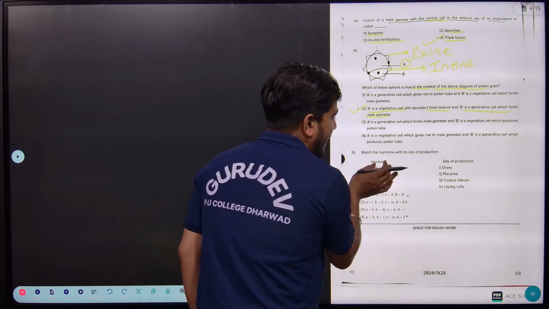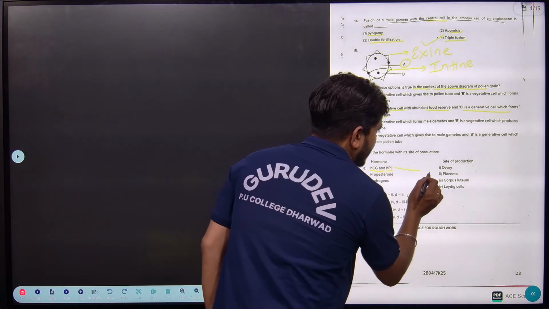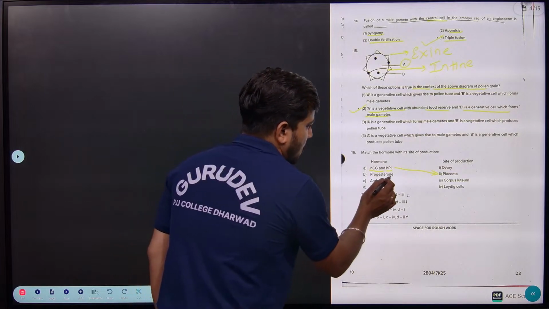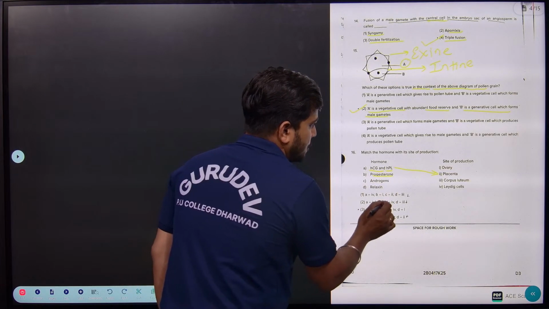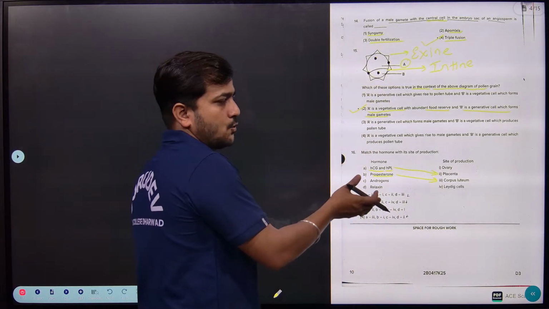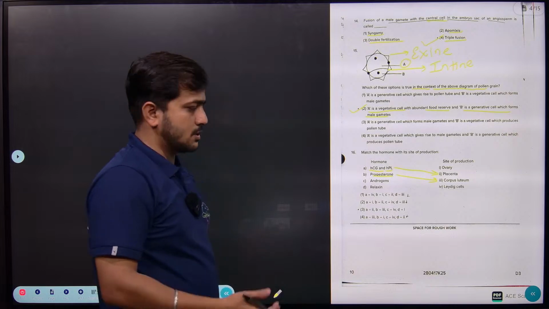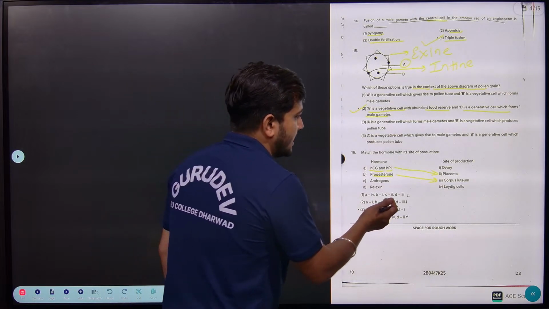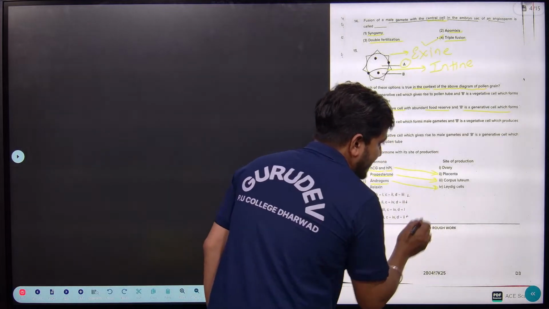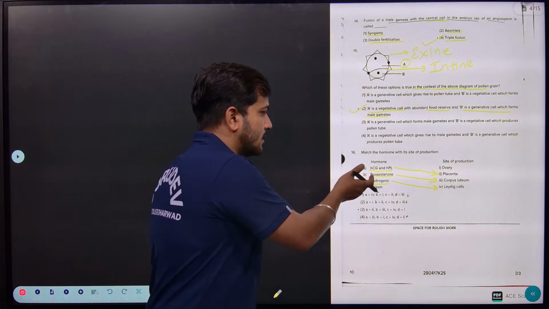So which, the name itself will tell you, is placental. Here you can find that A is related with the placenta. Then progesterone is related with the corpus luteum, right? So the formation of the corpus luteum is initiated by progesterone. Then androgen is related with Leydig cells, which are present in the testis. So there the androgens come.